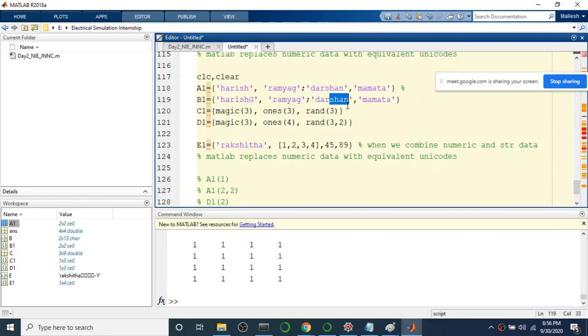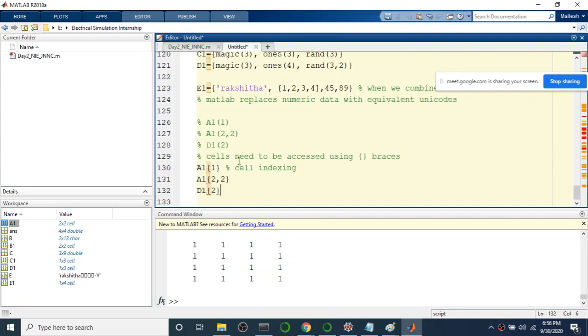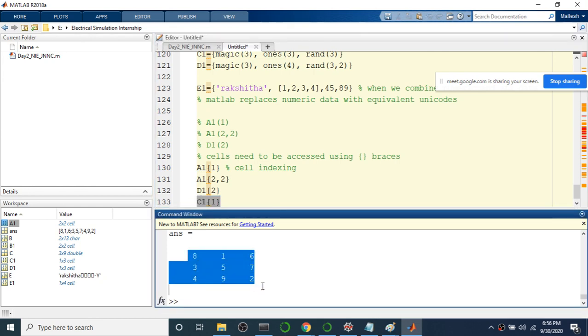Or to make it simple, in C1 a magic of 3 is there. So how do you print that magic of 3? In C1, print that magic of 3. That is the first cell, right? How do you print that first cell? C1 of 1 comma 1 or 1. Okay, so this will actually give us the result of the first cell. So I'm getting completely all the 3 rows and 3 columns, but